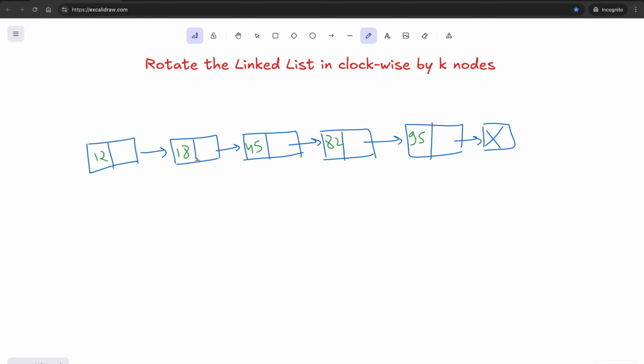So today we will be discussing a new problem in our linked list series, which is rotate the linked list in clockwise direction by k nodes. So first of all, let's understand what this problem means and then we will be moving to the solution. In this question, there are three important points to note. First, we need to rotate, and we need to rotate in the clockwise direction, and we need to